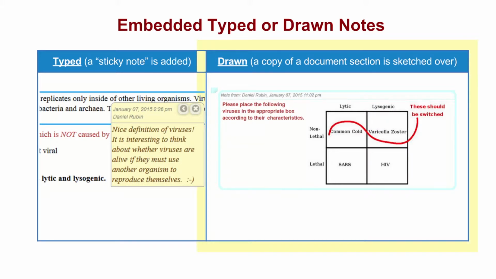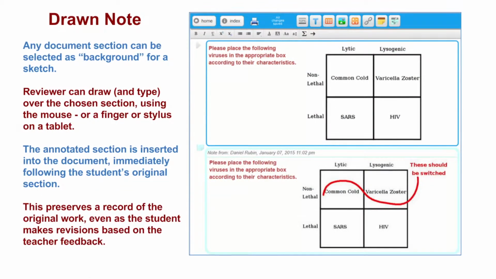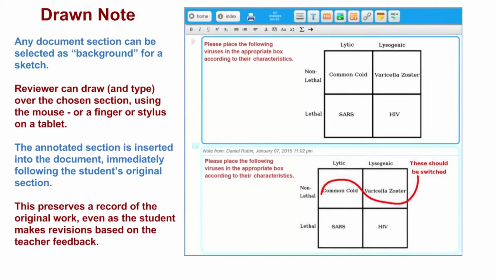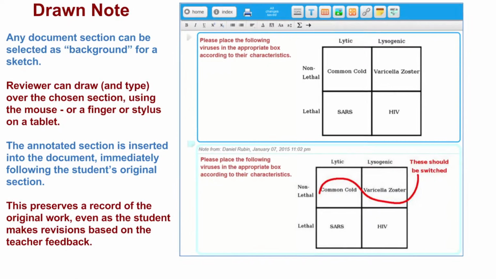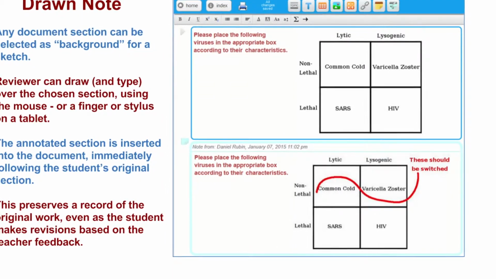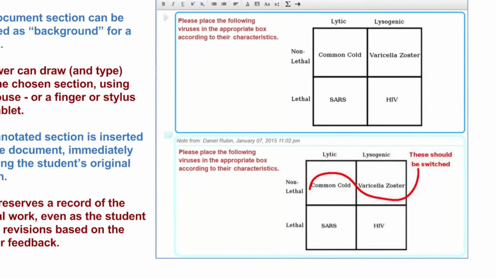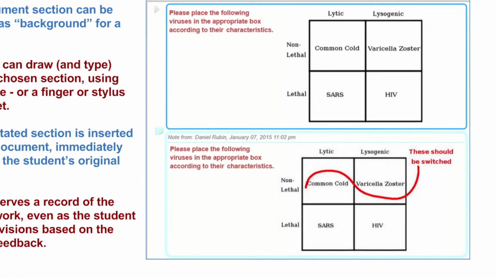The drawn note is a unique feature of ClassJournals. With a drawn note, any document section can be made the background of a sketch. A reviewer can then draw or type directly over the selected document section. When the commenter saves the note, it is placed into the document directly below the section that was the target